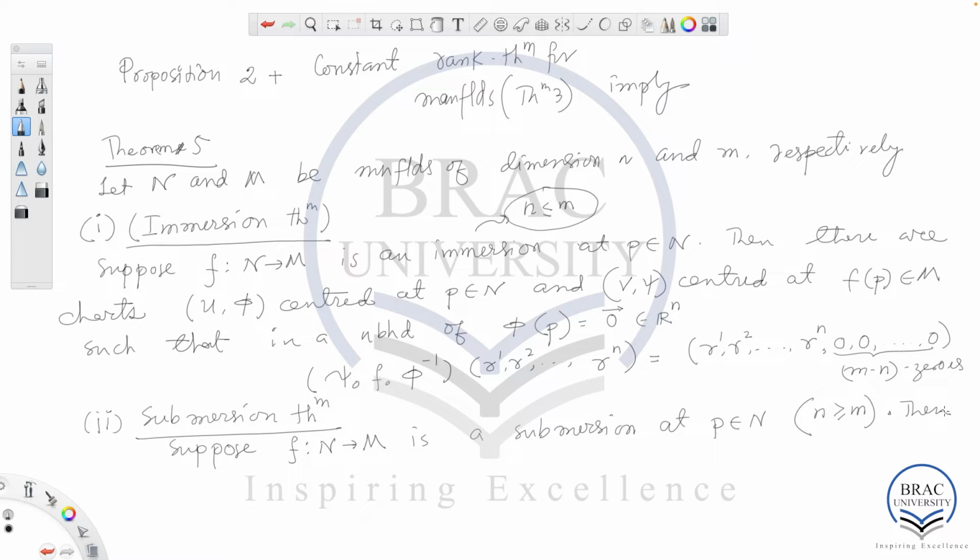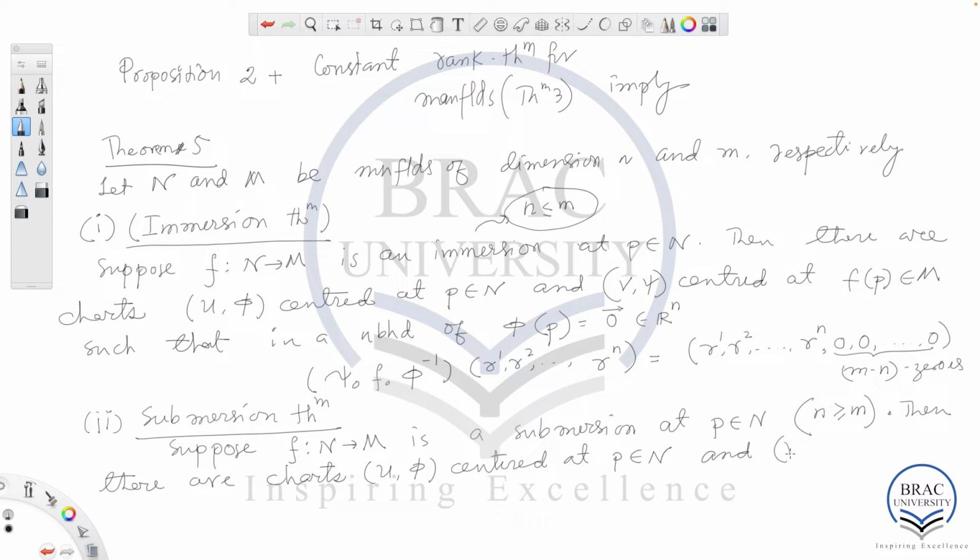Then there are charts (U, phi) centered at P in N,